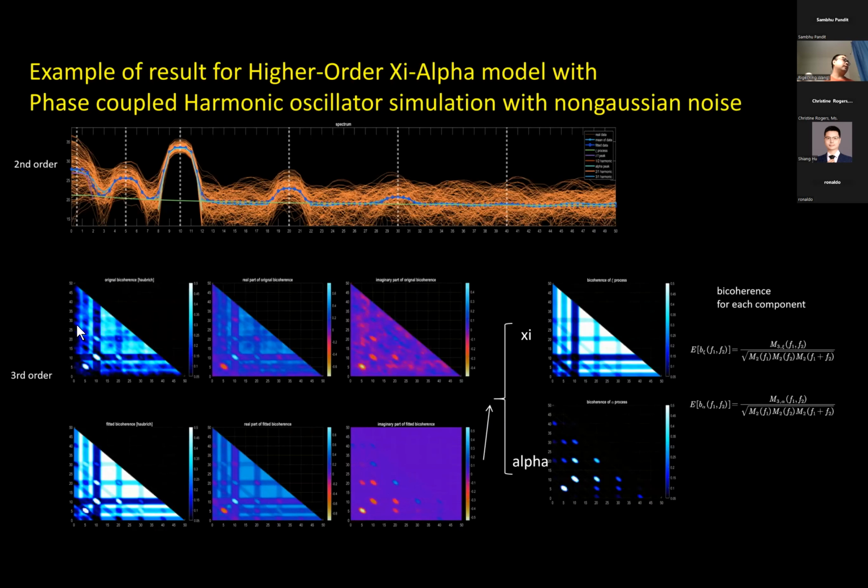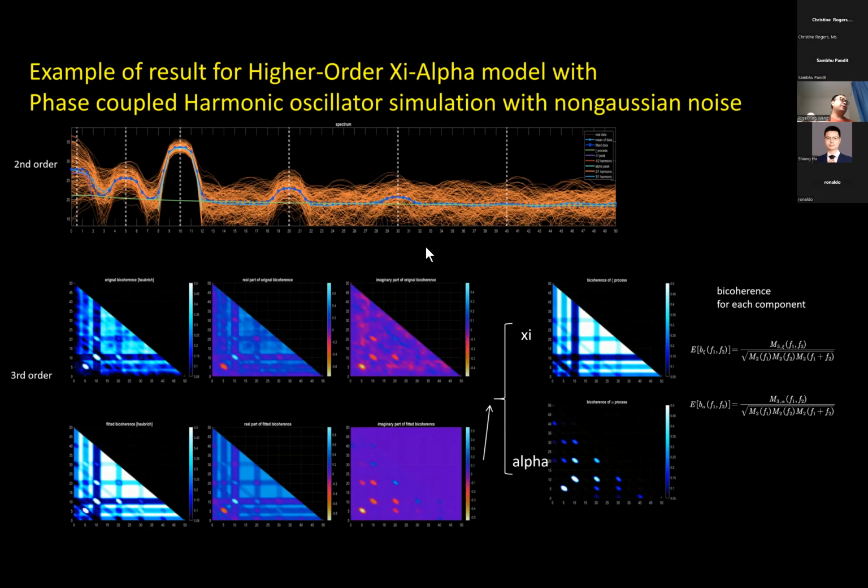You can see the empirical one and the model one are very similar. With this model, we can separate the chi process and the alpha process in the bispectrum. Here is the bicoherence we define for each process. You can see the chi process is like the non-Gaussian, which is a constant deviation of the whole plane. Why does this have some lines here?